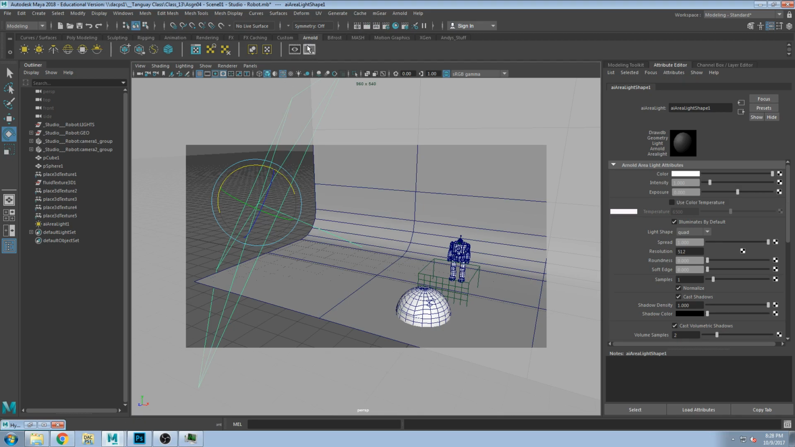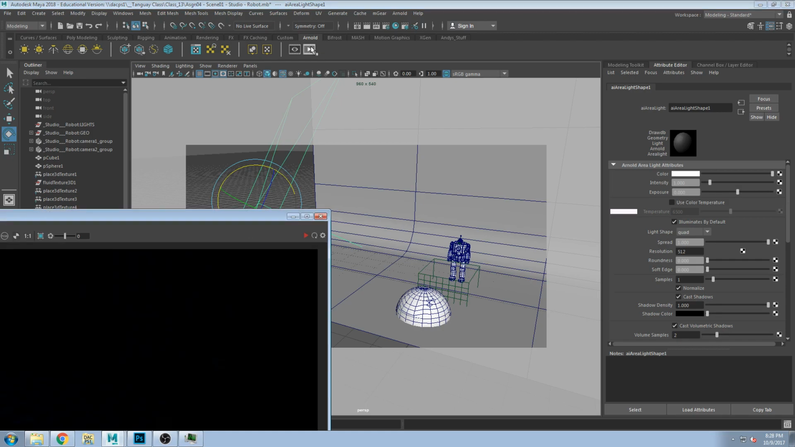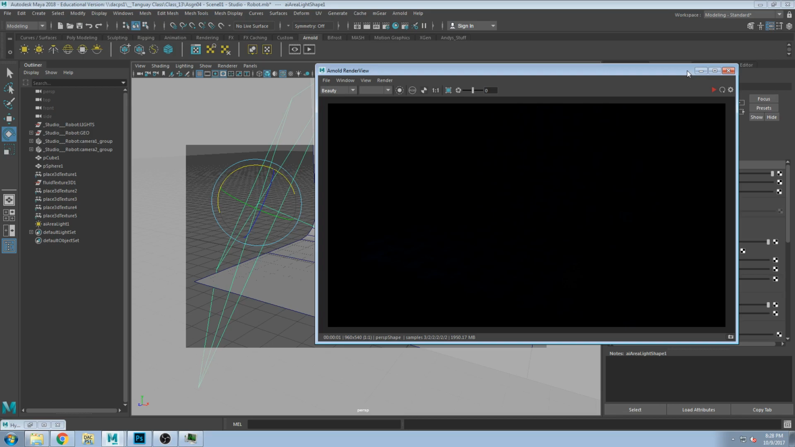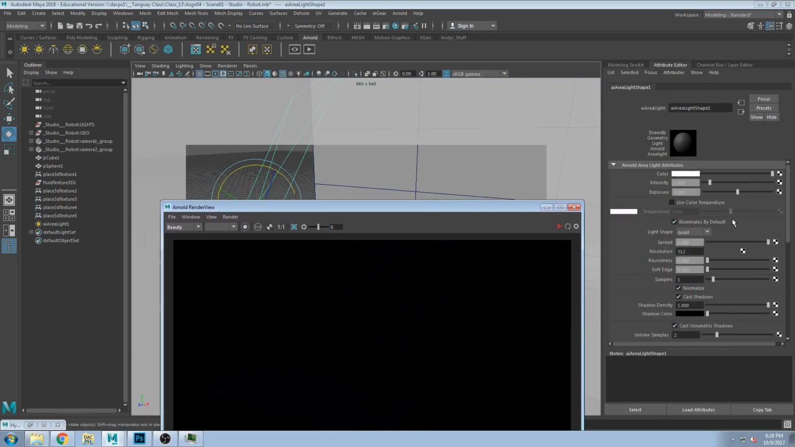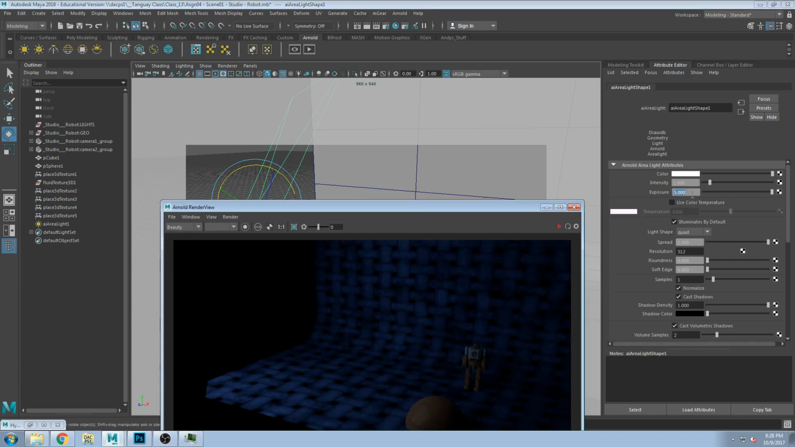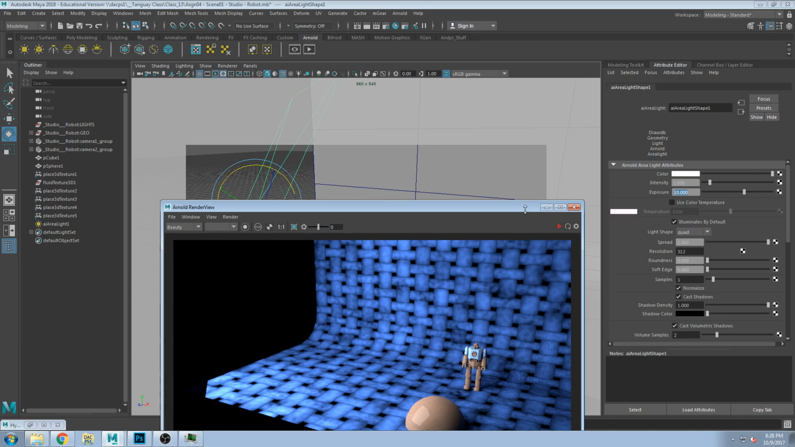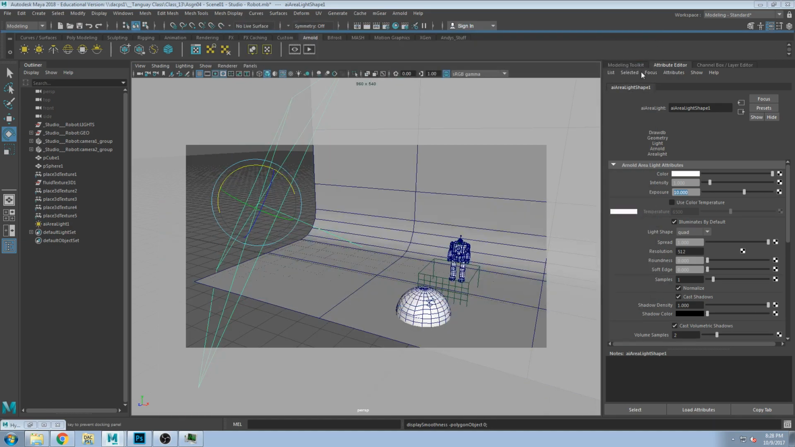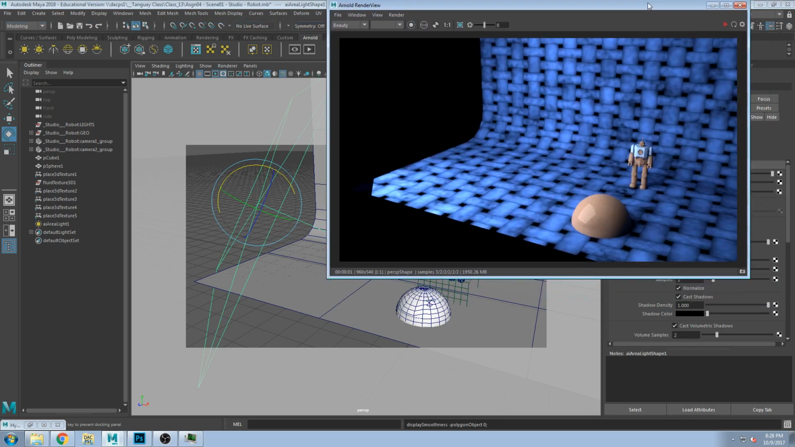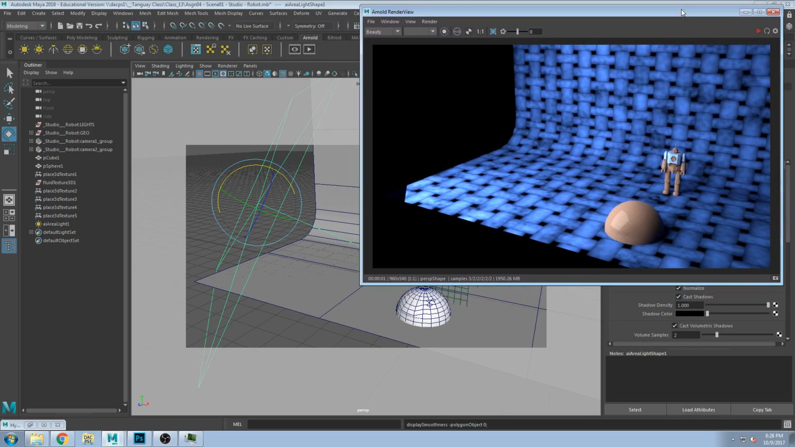So Arnold's frame buffer is in its own tab here, and this is going to open it up. It's sort of an interactive renderer, and it has its own features that are very handy. Just pumping up the light so we can see something. There we go. Okay, so one thing, and this is why you should use it more than any of the other frame buffers,